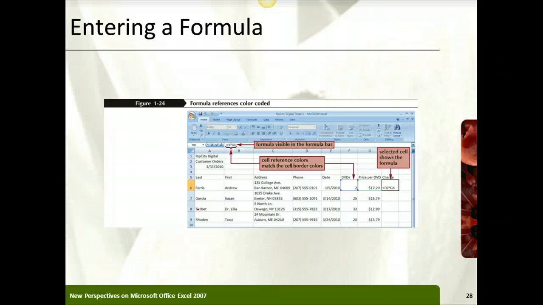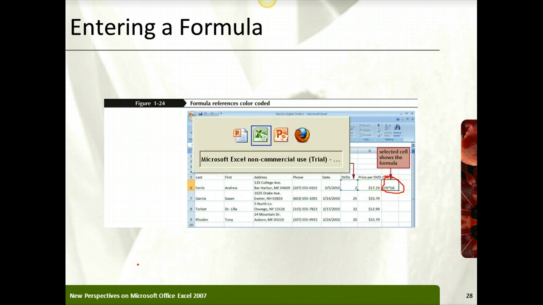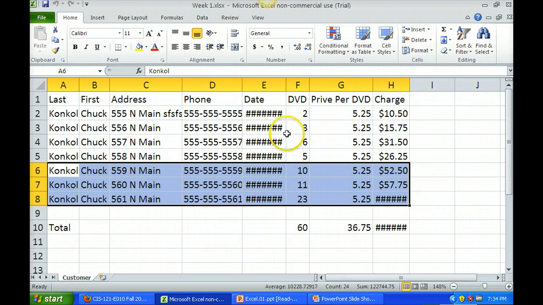It'll give the value, or the multiplication value, of those two cells in the H6 cell. So here it starts: click your mouse here in the G6, type in equal F6 times G6, hit the enter key, and the value is going to come up. So on the example on our spreadsheet here, and one of the things you'll note on mine here, I have